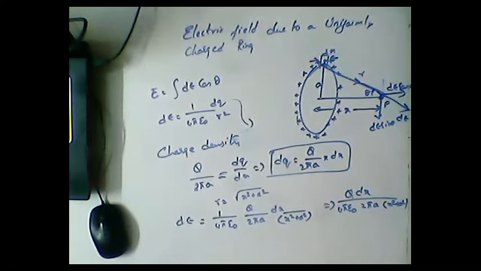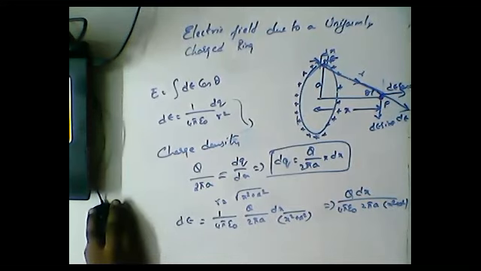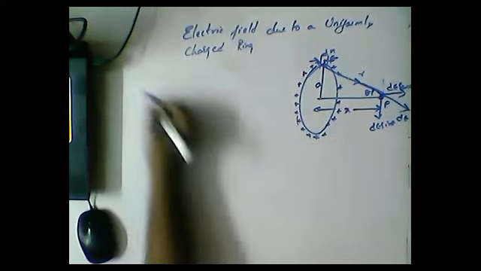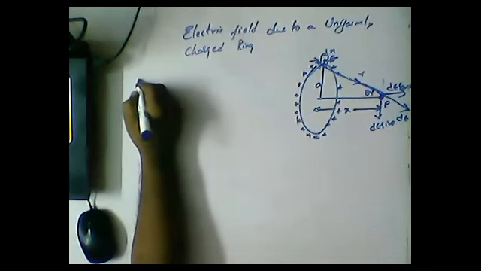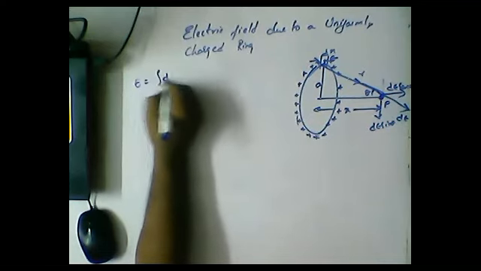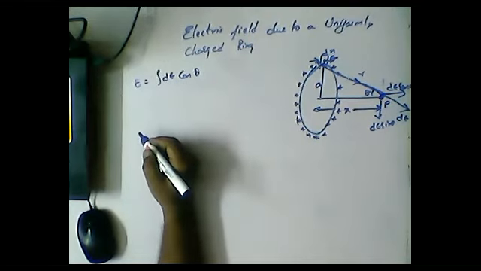This is the final equation we have. Now the point is, we already know that E bar is equal to the integration of dE cos theta. So we can write this as,